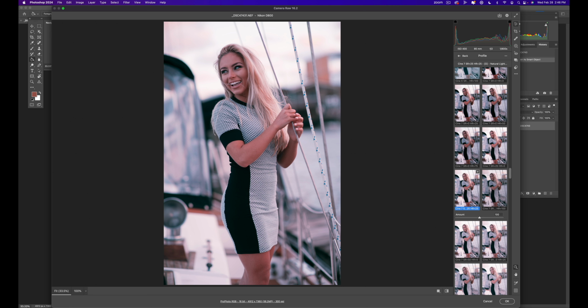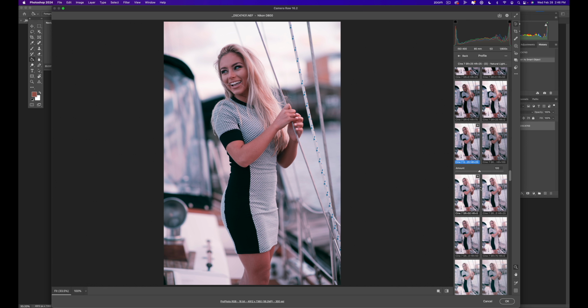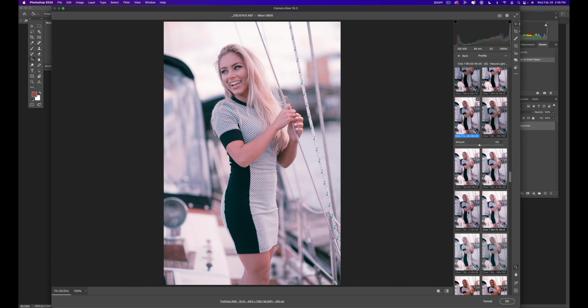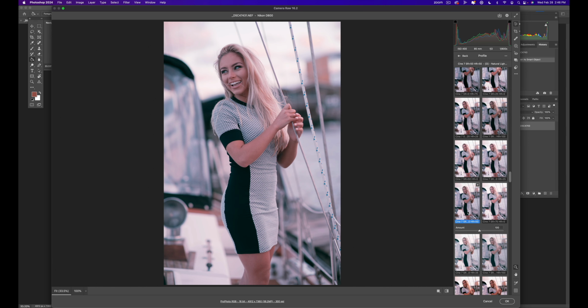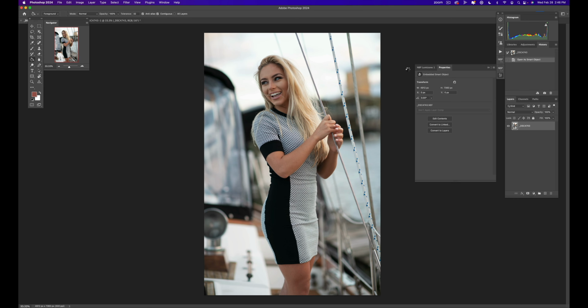And you'll see here with a little bit of shadow recovery, highlight recovery, 25. I could probably push it a little bit more. You can really fine tune here. So you'll see that we're getting more details back in the shadows and the highlights, and it's going to give us a better starting place. So I can then